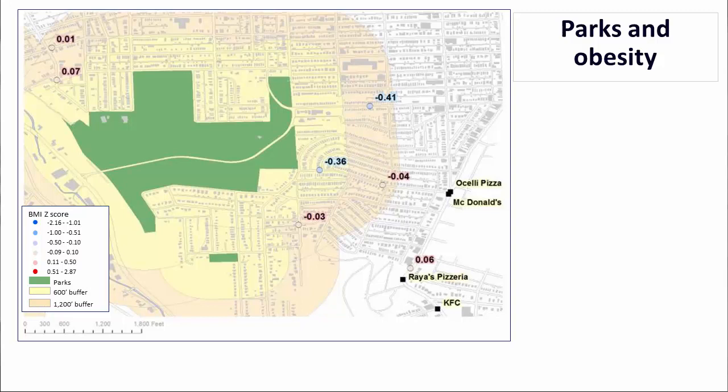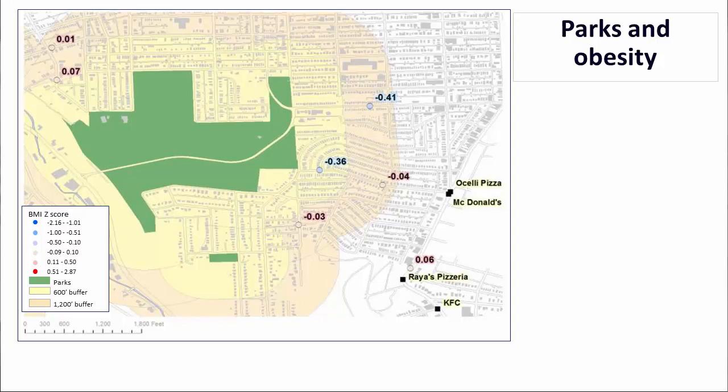In the next two examples here, these are examples that I've done related to healthcare, and they use multi-ring buffers. The first example is looking at obesity. In this case, I was working with researchers at Children's Hospital of Pittsburgh looking at what we call the BMI Z-score. BMI means body mass index, and the Z-score means the change in the body mass index of patients over a 5-year period. So we were looking at patients that had a significant decrease in their body mass index, meaning they lost weight. Those are the negative numbers shown as blue circles in the maps. And then patients who had a BMI Z-score increase,